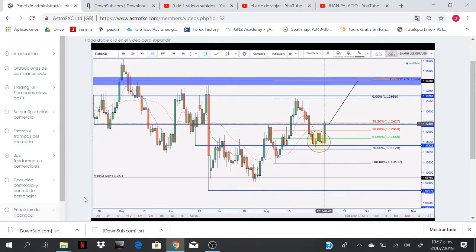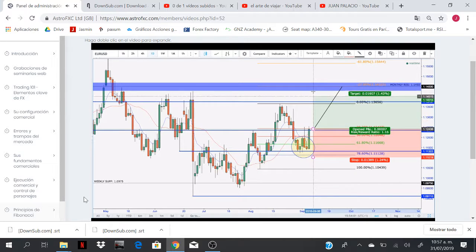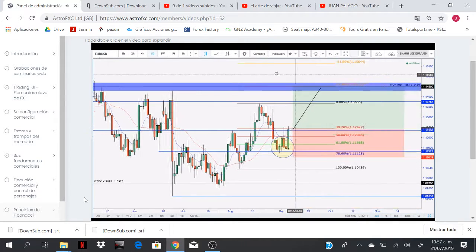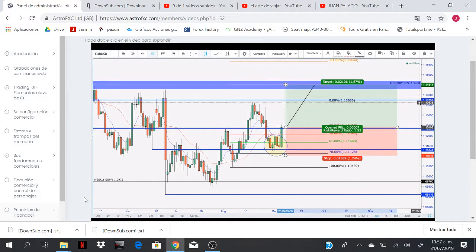So let's have a look at this. Let's say we entered around here. Our stop could go 15 to 30, let's say a stop would be just here, 15 to 30 pips below the low. And our target, if you were to hold this on a daily level, would in fact be there,